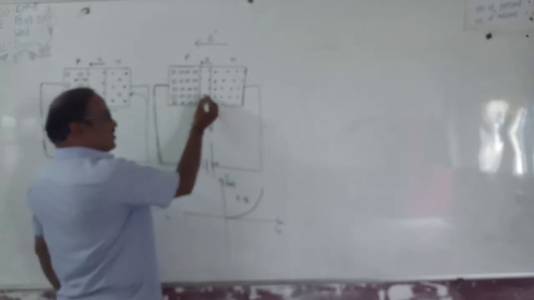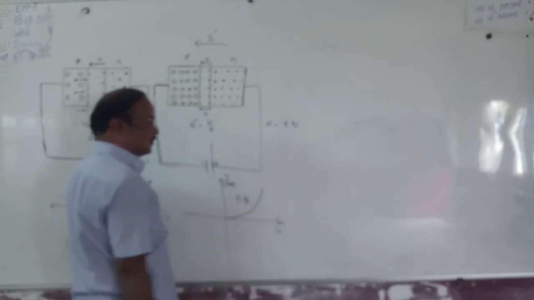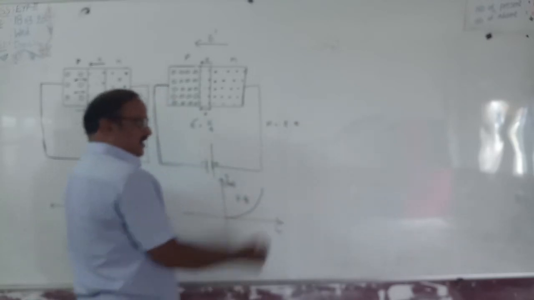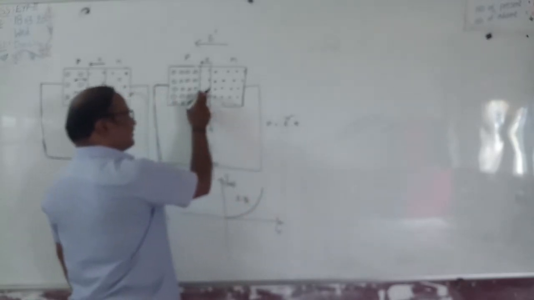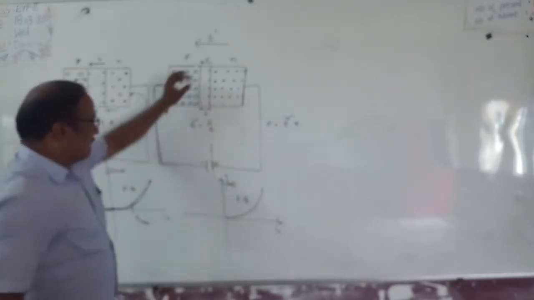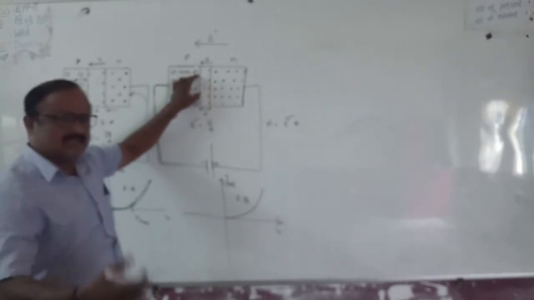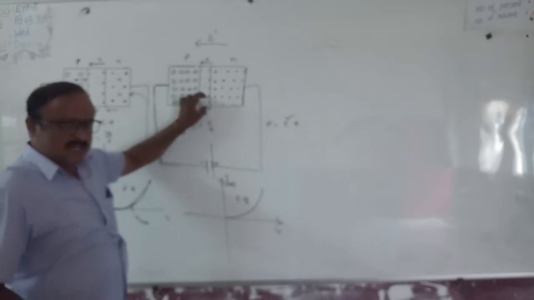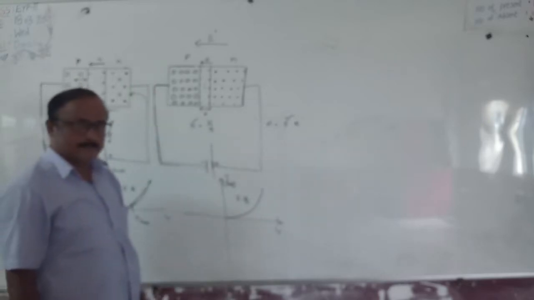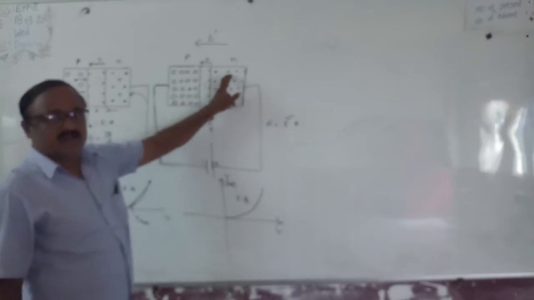Field is maximum means the force acting on the electrons is large. F is equal to E into Q, where Q is the charge on the electron. On increasing the electric field, the force acting on the charged particles also increases. Force increases means a number of covalent bonds collapse at the same time, immediately. All the covalent bonds collapse immediately. That's why a large number of electrons and a large number of positive charge holes are generated within a fraction of a second. They move towards the P side as well as the N side, and they constitute the electric current.